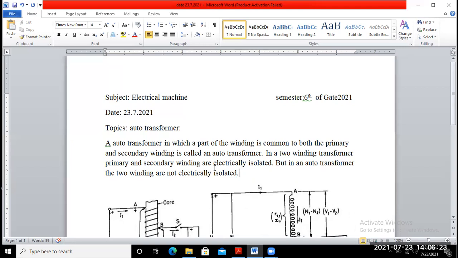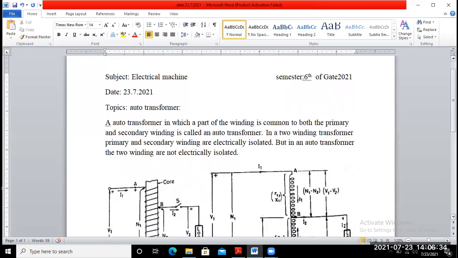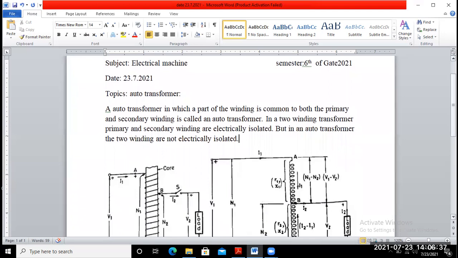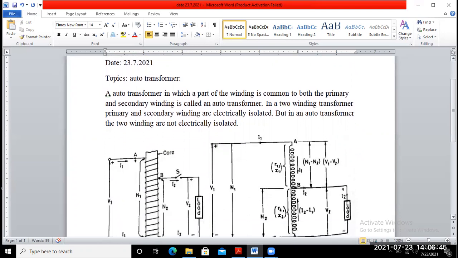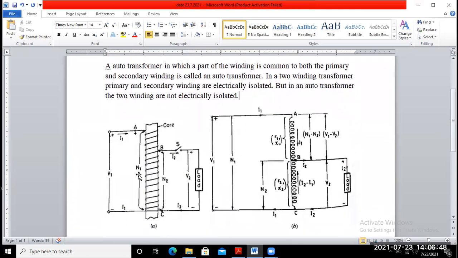Okay, so I'm not going to explain again a step down and a step up transformer, just describing briefly. We already covered this part in the two winding transformer. Now, if we try to draw a schematic diagram for the auto transformer, then it may look something like this one. This is your schematic diagram. And if you convert the schematic diagram into an electrical circuit diagram, then it will look like this one.